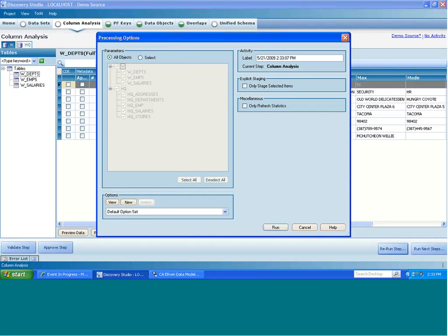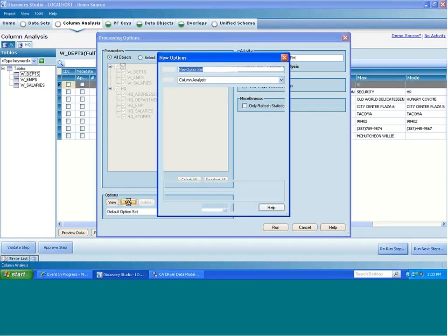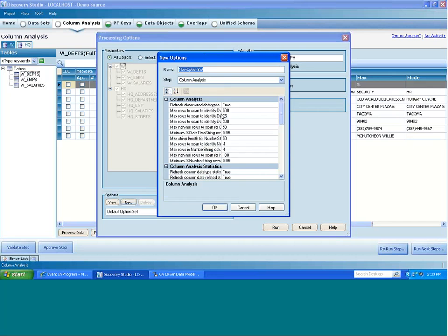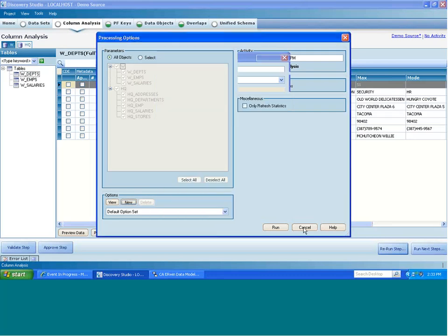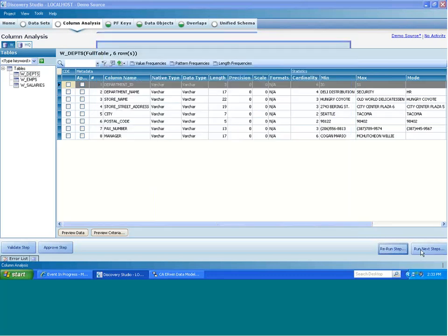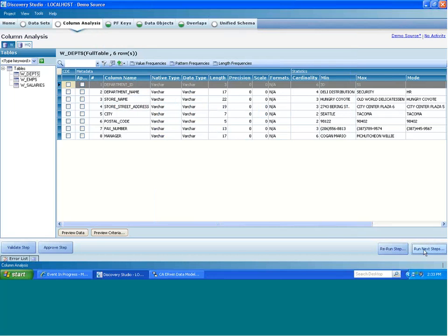You also have a choice of creating a new option set where you would then go in and specify whether you want certain statistics to be run or not. All right, and then it's up to you what you would like to run, and as you say run, it will basically run the steps for you. If I were to go to the run next steps, just to show you what the run next step allows you to do,